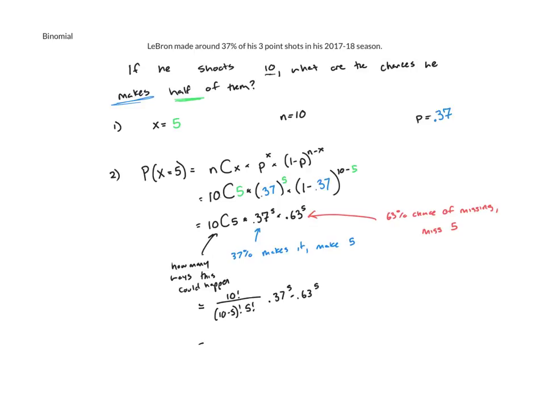So plugging this in then, and keeping 4 decimal places because it's a probability, I get 0.1734. Which tells me there's a 17.34% chance, it looks like, that if he shoots 10 three-pointers, he actually makes half